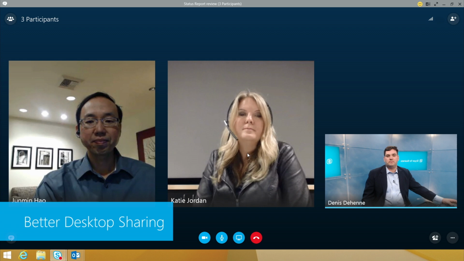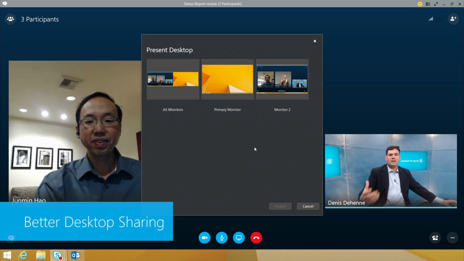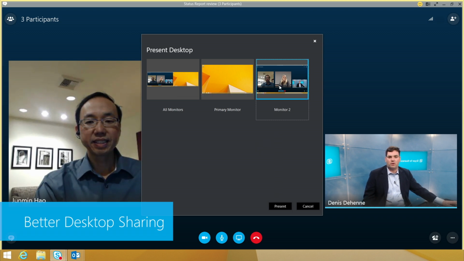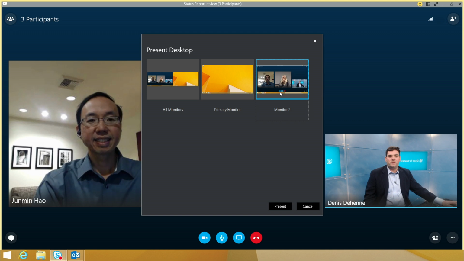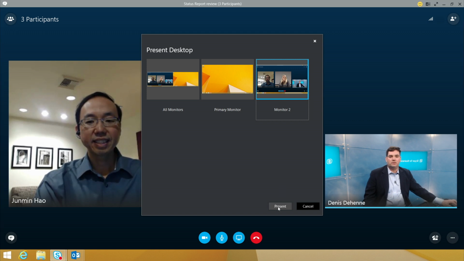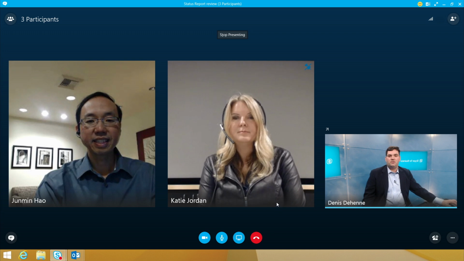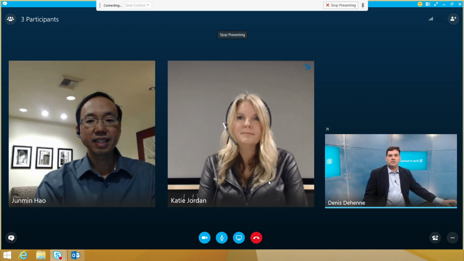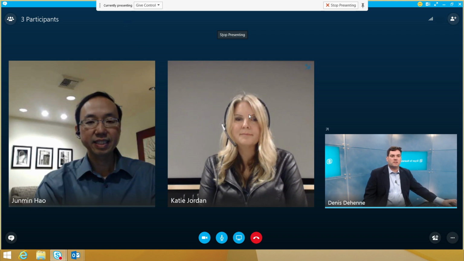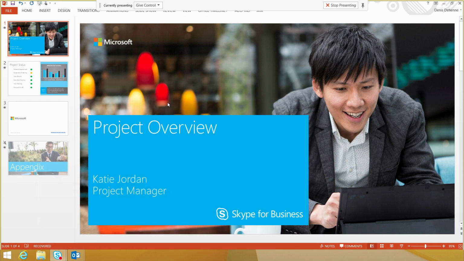Using my desktop to share, I now get this heads-up display, and I can choose whichever monitor I want to project, and I want to choose this one. It actually shows me the yellow band around it that I'm going to choose. I press Present, and at this point, my presentation starts to connect, and in just a second, you can see that it says currently presenting. Well, they don't want to see pictures of themselves, but we do want to look at our project overview that